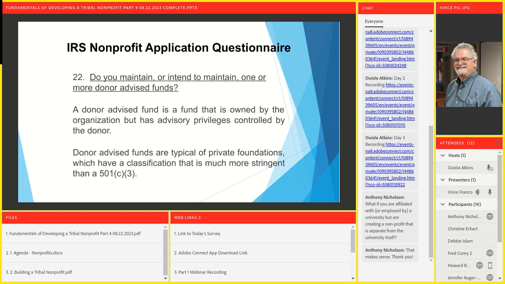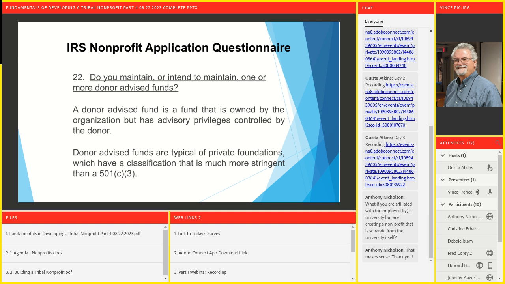Most of the money that they work with is donor-driven, donor-advised funds that they have to honor. It says a donor-advised fund is a fund that is owned by the organization but has advisory privileges controlled by the donor, which makes sense.